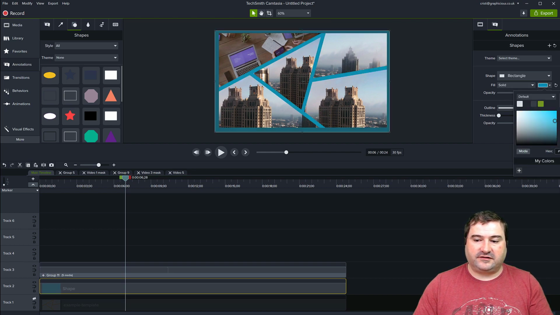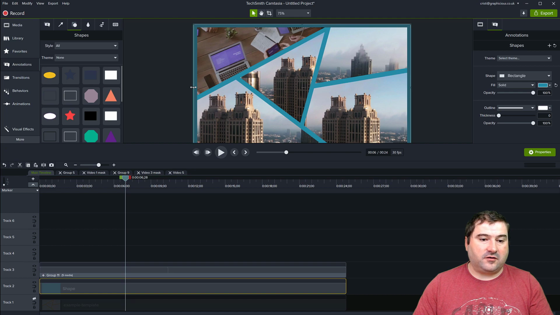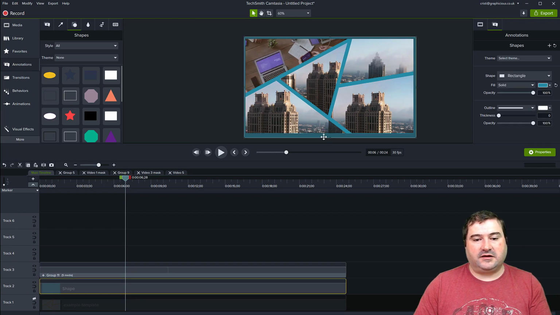So that allows you to have flexible lines around your clips like so. And it doesn't really matter that it's going outside of the frame because that's not going to be visible. So I hope this helps. It was a little bit of a long video here, but I hope I've illustrated the ability to create your own shapes from other shapes inside of Camtasia and then turn them into masks to mask any clip, any video, any way you like, and then produce this interesting video.